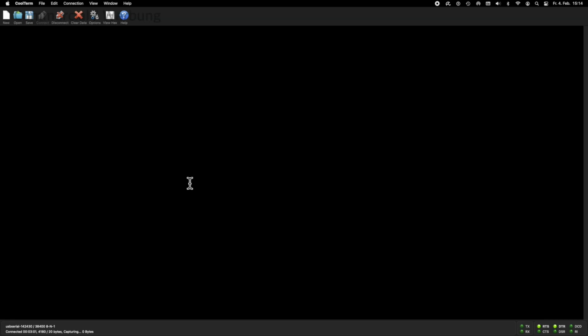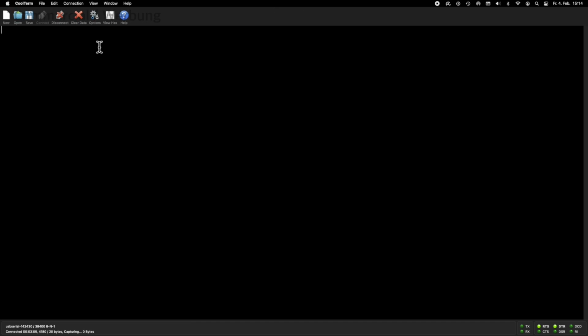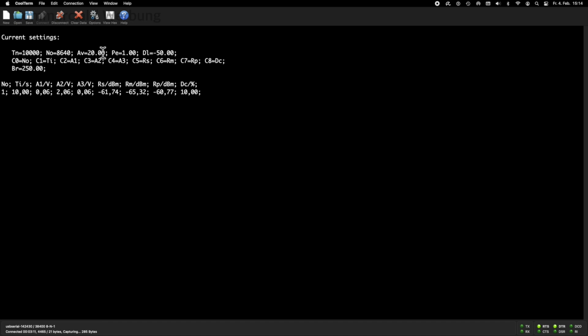Now we can request the measured data in text format by pushing the R key. And off we go. Again, we get the current parameter settings followed by the measured data. In fact, as intended, we get values after every 10 seconds.